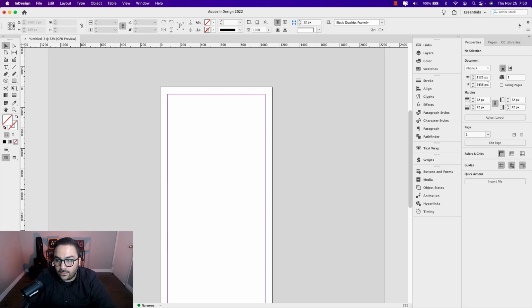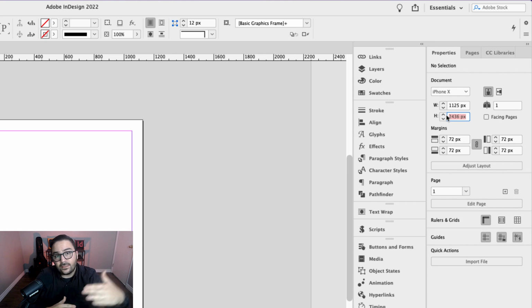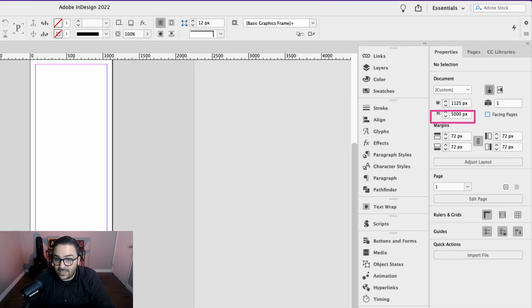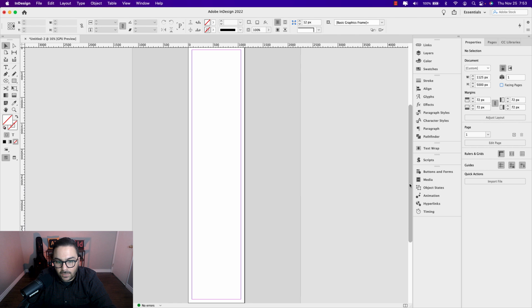In the height field in our document, temporarily as we work, I want to make this a little bit deeper. So I'm going to change that to 5000 and just hit Tab again, and you can see that the page becomes much longer. That's okay. That helps you as you're working, and then once you have the layout set, we can take it, put it in a scrolling frame, and then add the video,